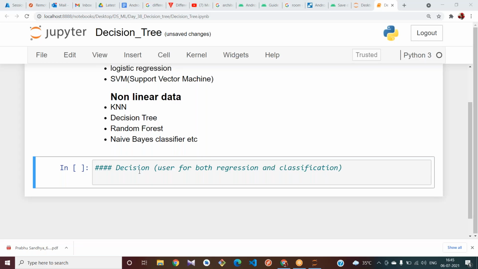In decision tree, we can use it both for regression and classification. And we are trying to use the algorithm called ID3 here.